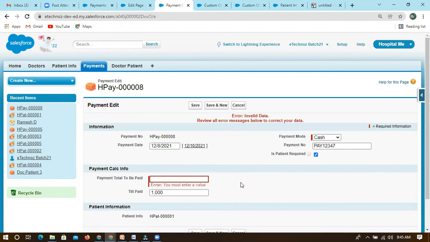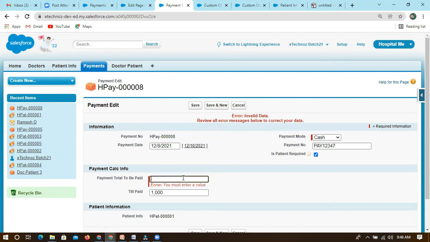is it really required for all profiles? If they say no, then just tell me for which profiles you want to control this, for which profiles you want to make this required. If they give some profiles, for that profile you need to check how many page layouts are available, which page layout is connected to that profile, and you have to go to that page layout and modify it like this.